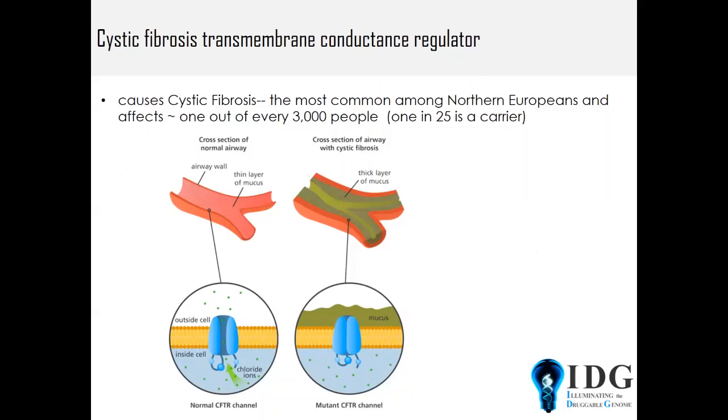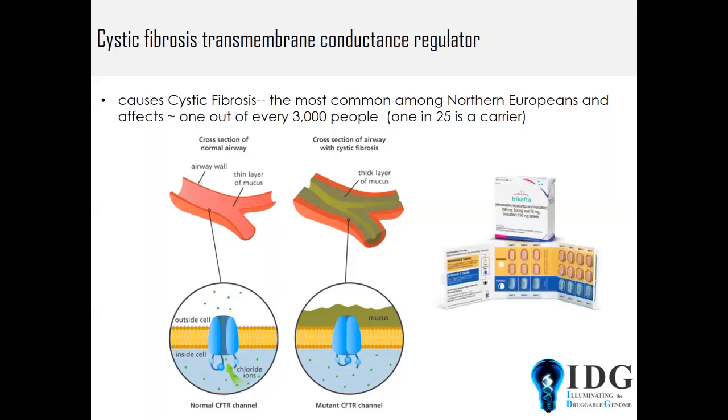I decided to highlight just one example where a mutation in one gene called cystic fibrosis transmembrane conductance regulator, or CFTR, causes cystic fibrosis, the most common monogenic ion channel disease. Cystic fibrosis is a rare but life-threatening disease that until recently had absolutely no cure. Fortunately, last year, FDA approved Trikafta as a drug that has shown very promising results in treating patients with cystic fibrosis. And to me, this is a very clear example of why this class of druggable genes needs to be